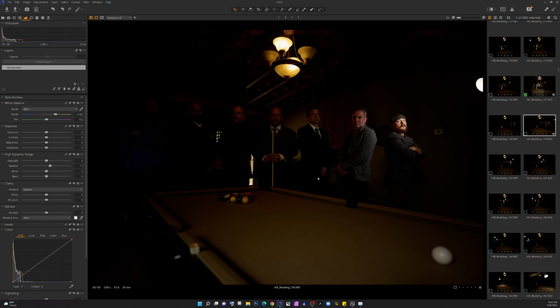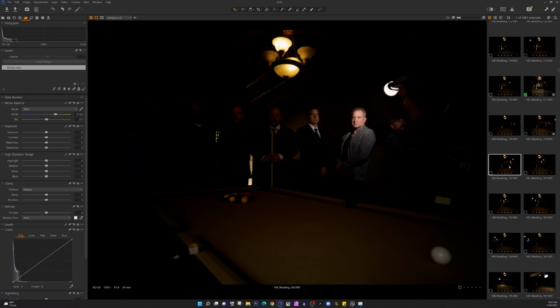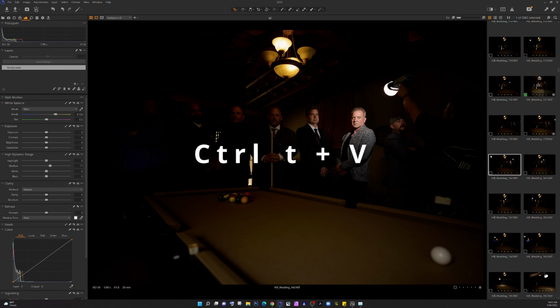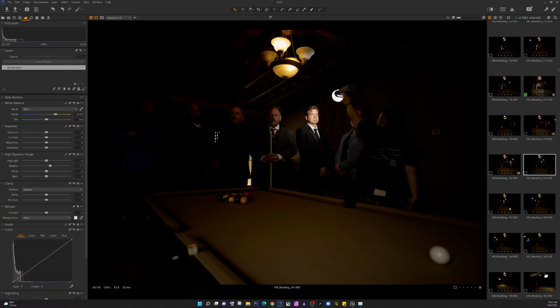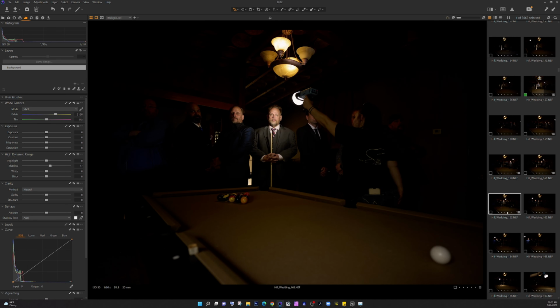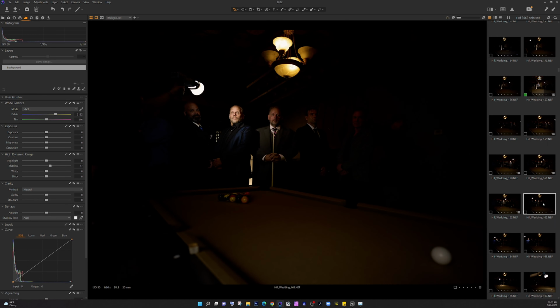What I'm going to do is just do a Ctrl Shift and copy on Windows. Ctrl Shift and copy in CaptureOne copies all of the adjustments that were done on this image, and then I'm going to paste it, Ctrl Shift and paste, and you'll see the shadows go up the exact same amount. I'm going to do that for all of the gentlemen here in the image,